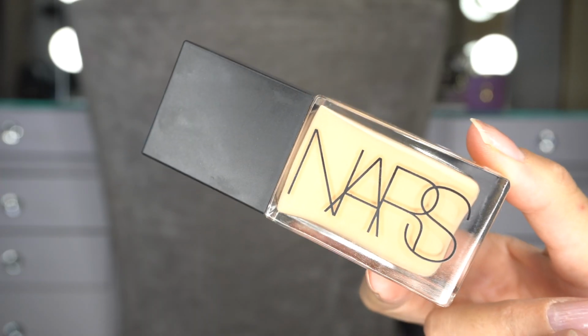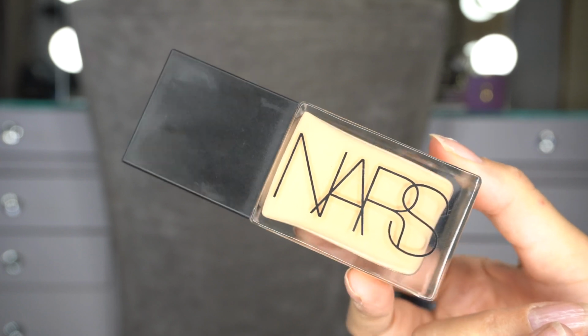But I love this foundation on the days where I have little to no problems on my skin, and it really works. I do set this pretty well too because I am combo skin now. I do have an oily T-zone and the rest of my face is pretty normal. So I do set it pretty normally when using this foundation. So this is my top 4. For top 3, I am going to talk about my NARS Light Reflecting Foundation, and this is